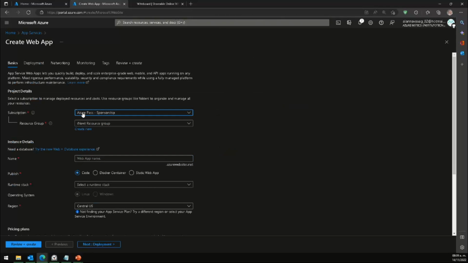Of course, a subscription. Azure works with subscriptions. You need to pay to be able to create your resources. We have a free trial license, but I'm using a subscription. I will choose my subscription. Then what? A resource group. What is that? Well, a resource group is